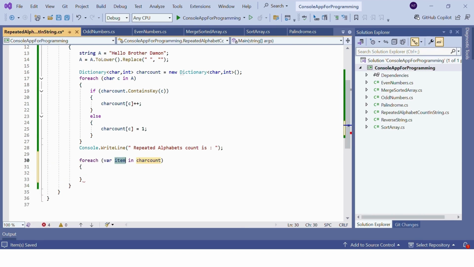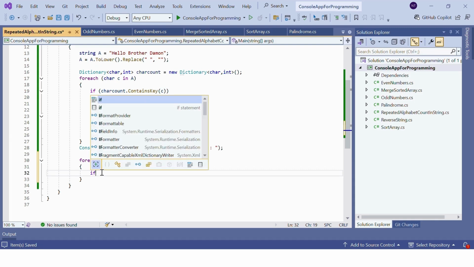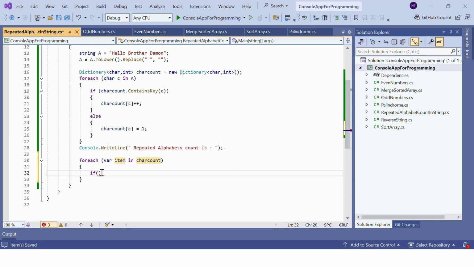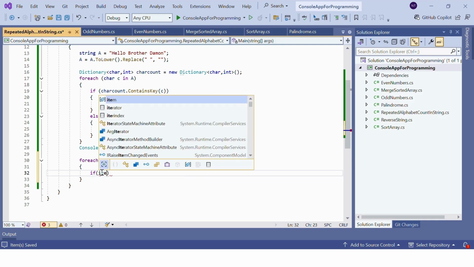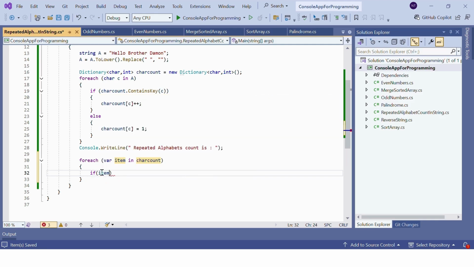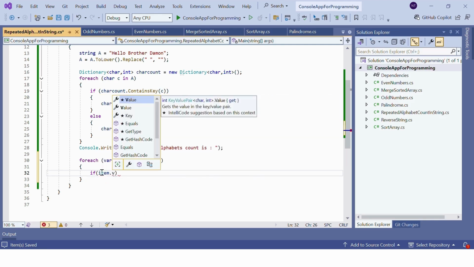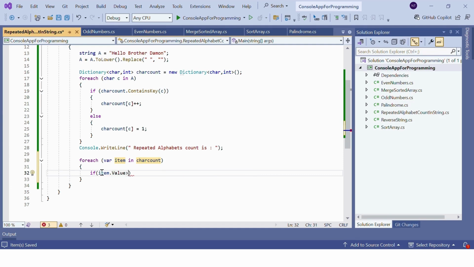Next we'll use the foreach loop. Here I am using where item, and my condition is if item value is greater than 1, then in Console.WriteLine we will print the item key as well as the item value